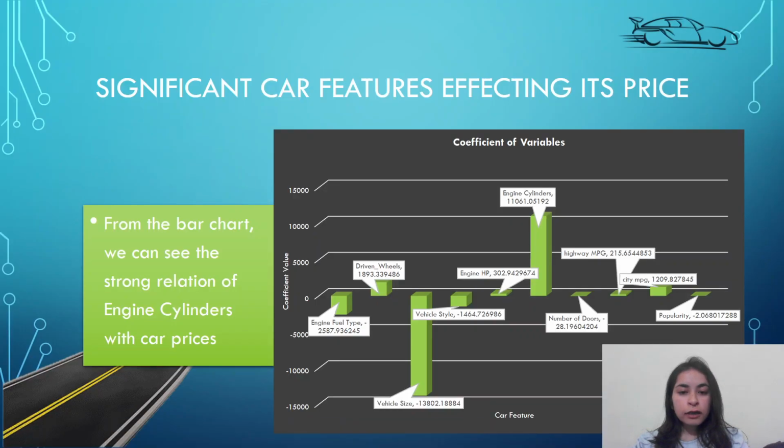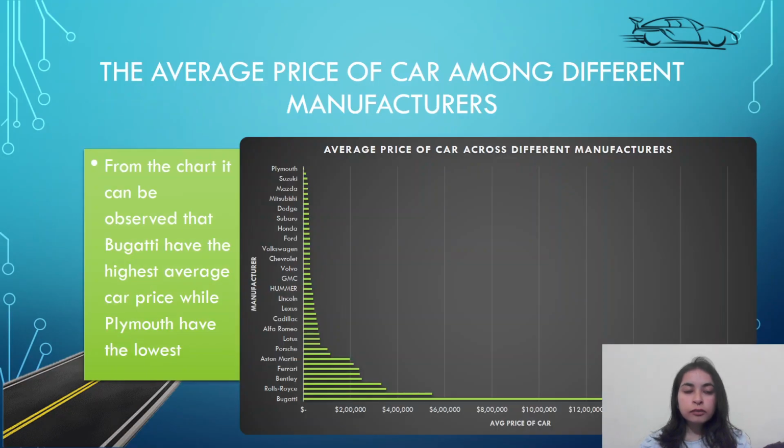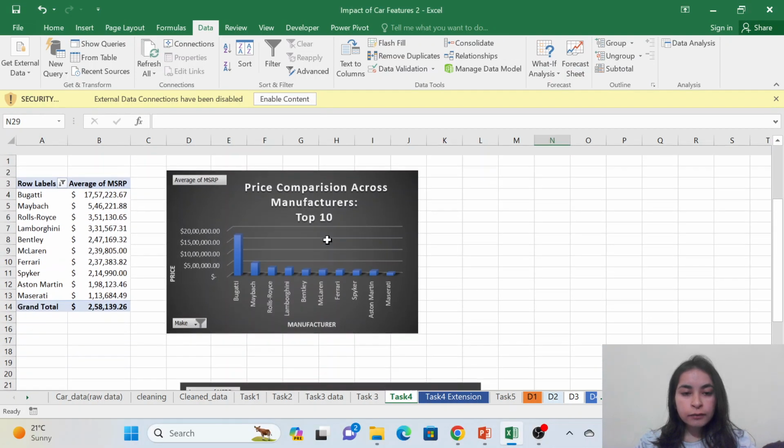Then if we talk about our next task, which was the average price of a car among different manufacturers. So we have to calculate the average price of a car among different manufacturers. From the chart, we can clearly see that Bugatti has the highest average price, whereas Plymouth has the lowest. So let's go back to the sheet and